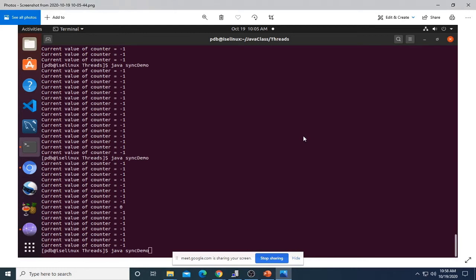I have executed the program so many times, printing the current value of the counter. It is -1. Any deviation in this snapshot? There is one 0. Yes.